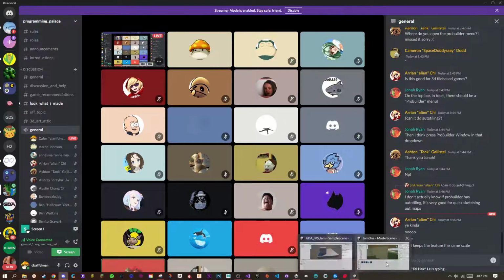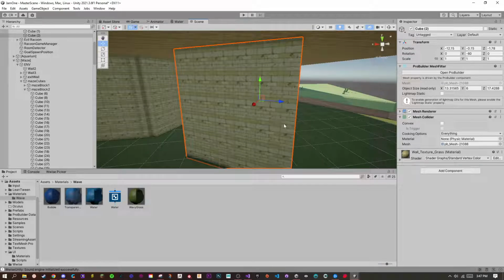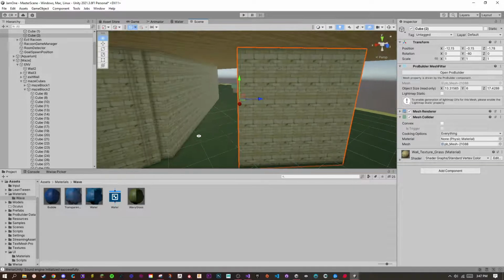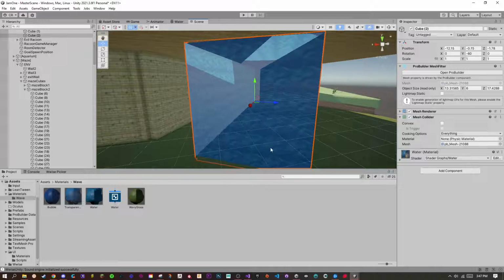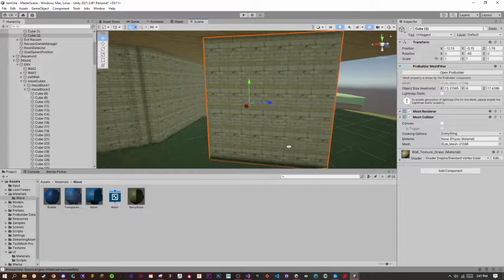Those are both really good and important tools, it keeps the texture the same scale. Yeah, you can apply your own custom shaders to it. So I think I had a water shader somewhere that was using it. Kind of scuffed. But yeah,